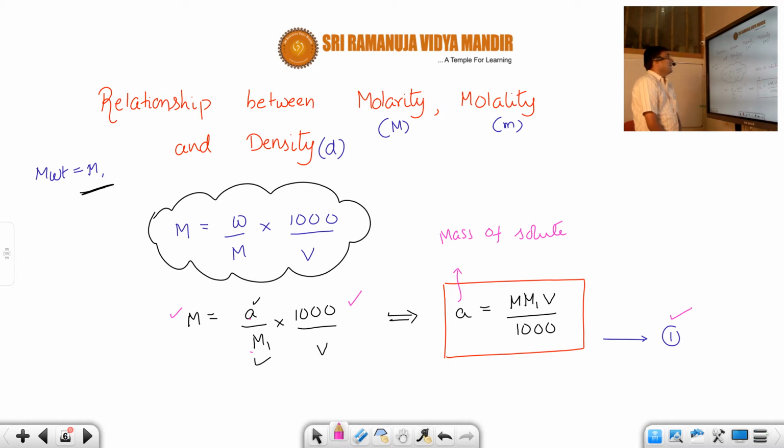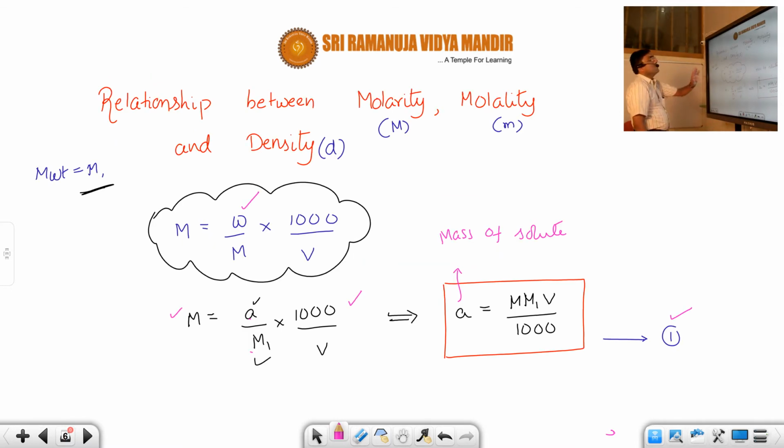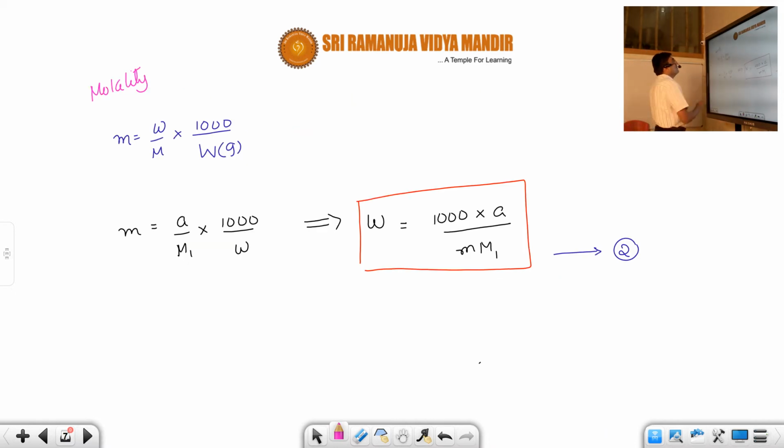So here from the molarity equation, just the mass of the solute I kept aside, and it is 1. I think it is alright for you. Now let us see the next slide. Now you know very well the molality definition. So from molarity, what have you found, students? You found the mass of the solute, and now let us take molality.